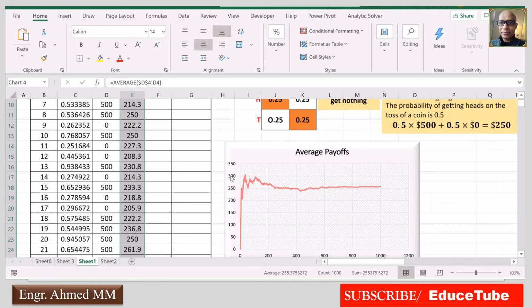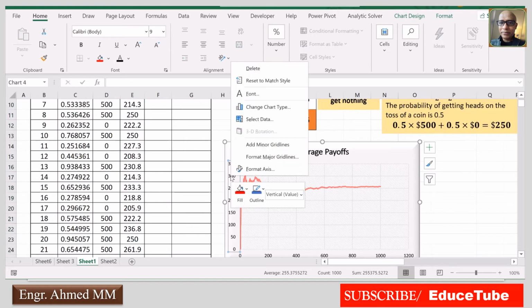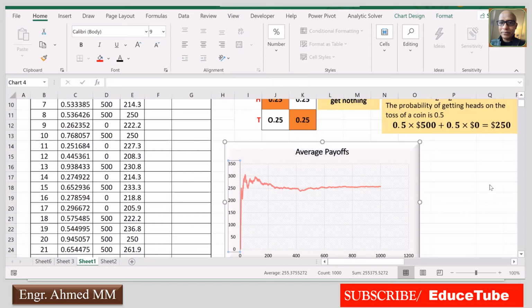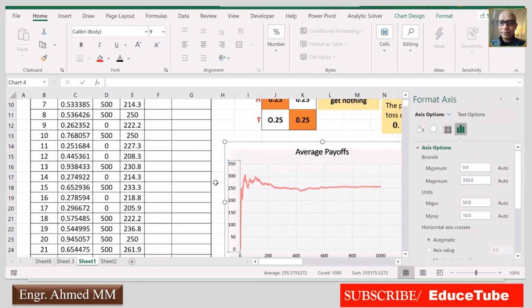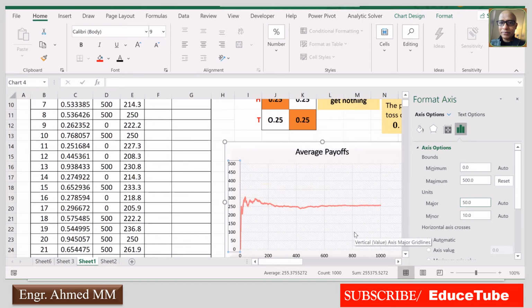Even I can change this format because it is showing that it is going up and down. So I can change it. Say here, if I put like 500, it will change. See here, now the graph comes.